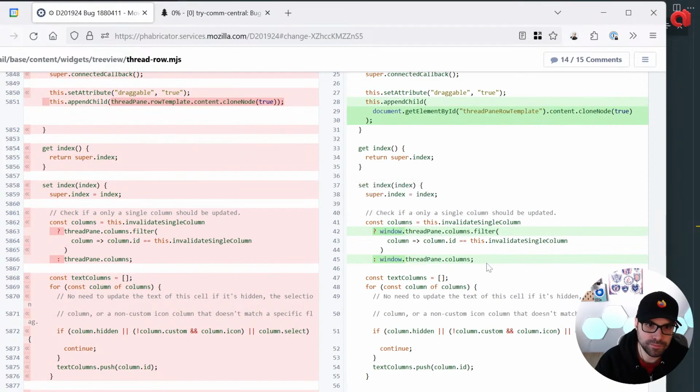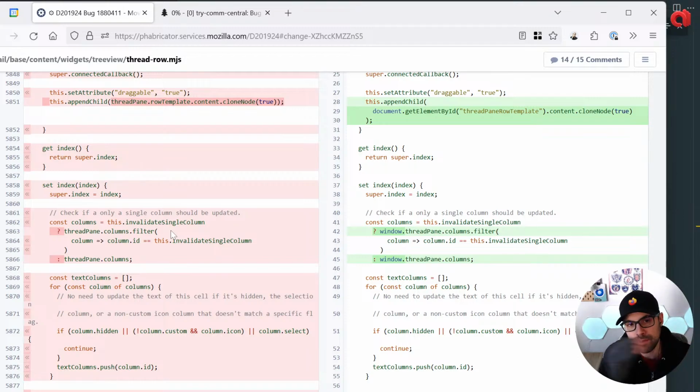Here, instead of grabbing a source of truth, something that is defined where I know the list of columns available in my table view, I need to access the window, access the thread pane object, and get the column from there. And this used to work before, because this file was in the same location as the thread pane,